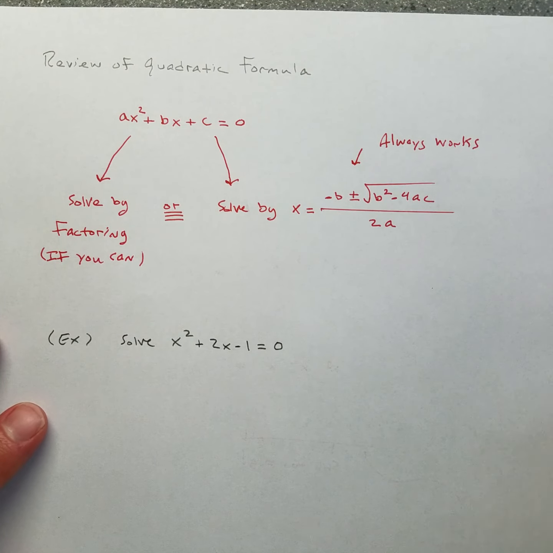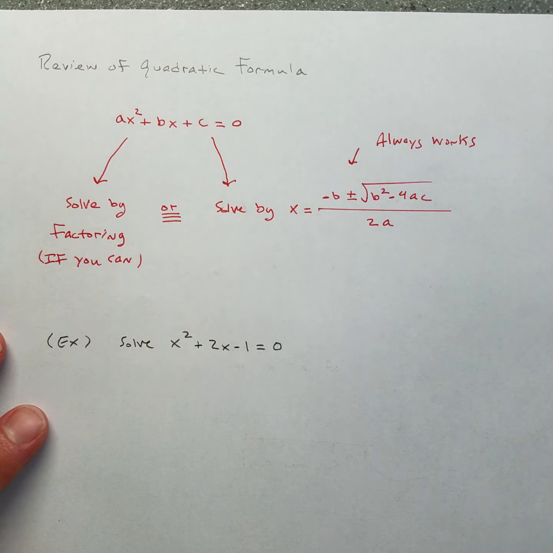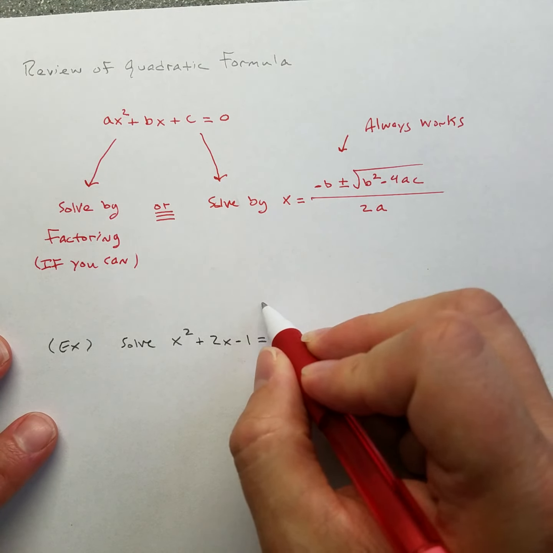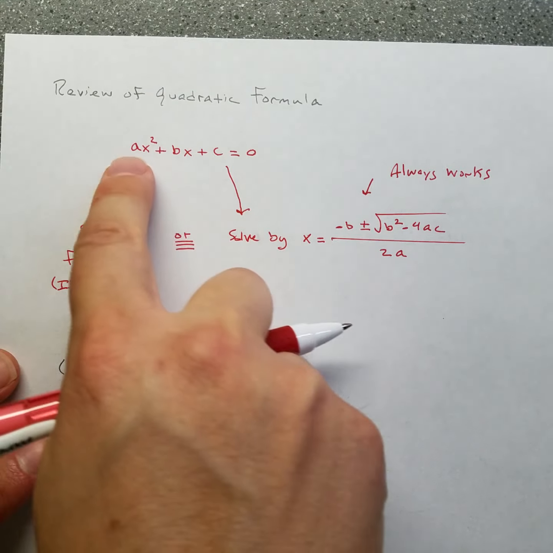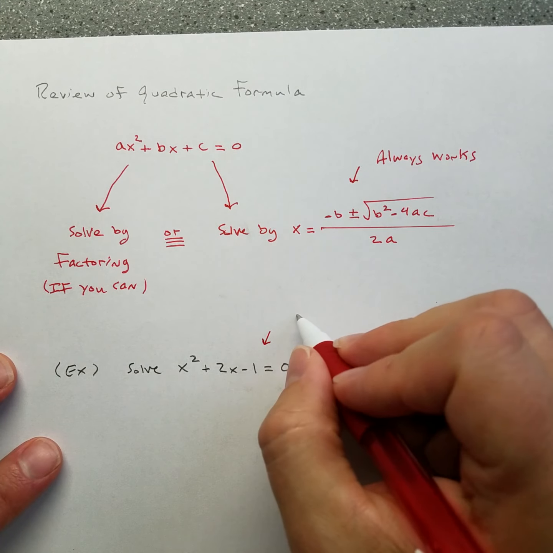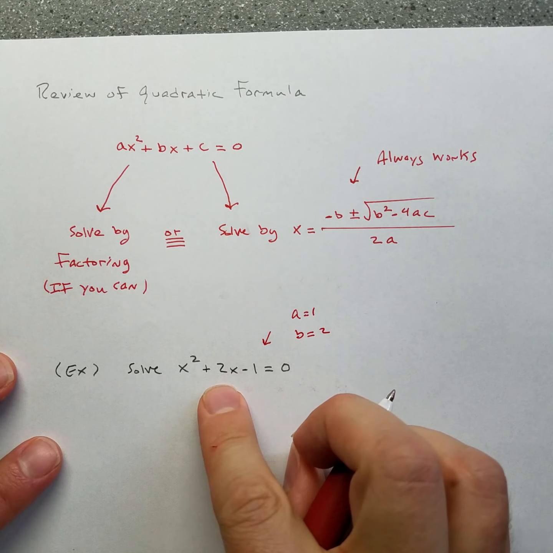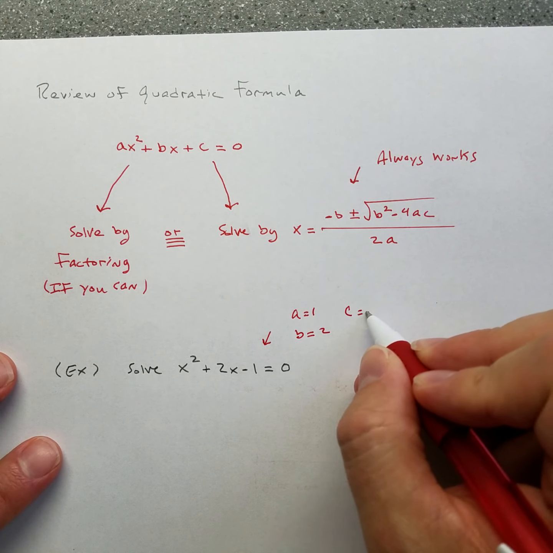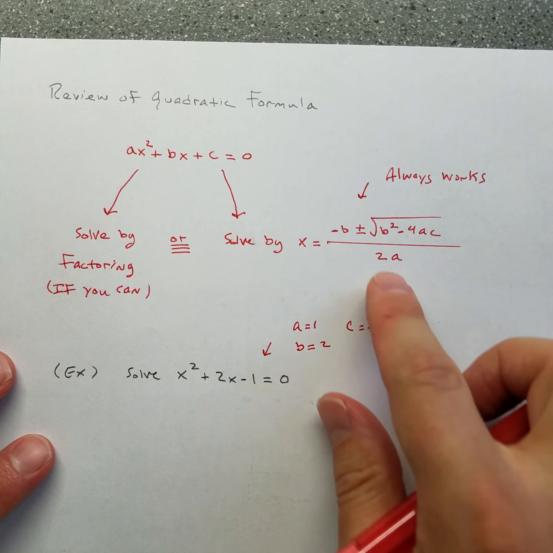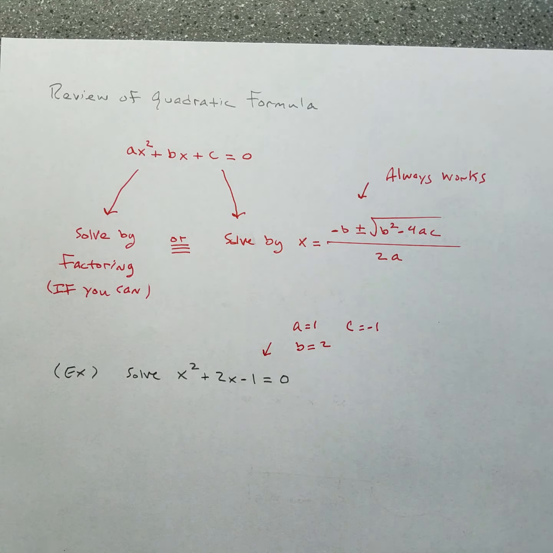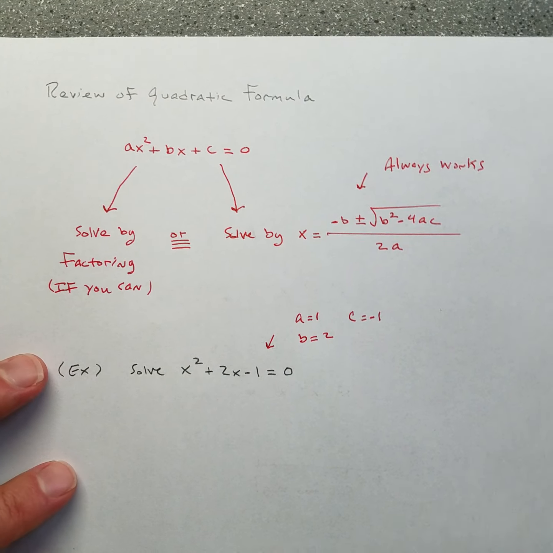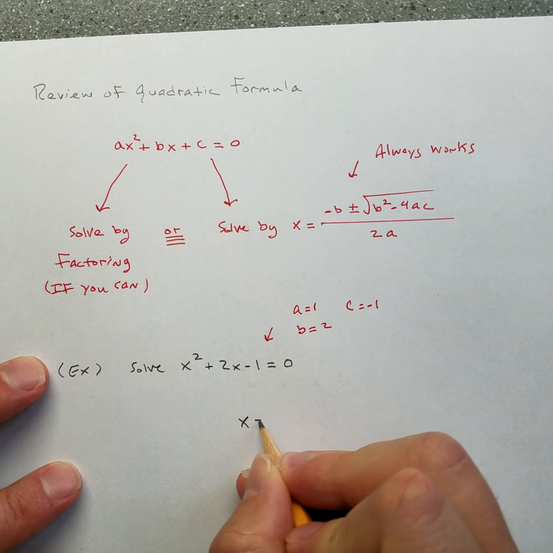All right. Now let's use the quadratic formula to solve that. I notice this one is that type of equation, and I would say that A is 1, B is 2, and C is -1. Those are the inputs into the formula, and that just gives you the answer. Okay? So here goes the solution. x is equal to